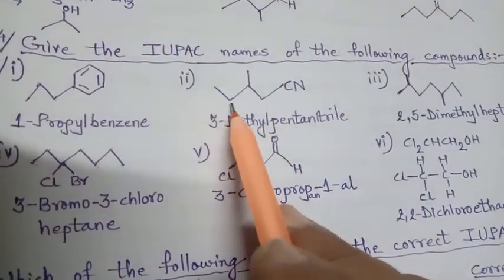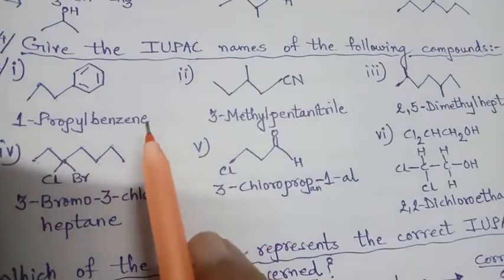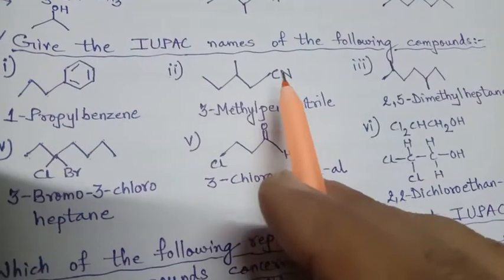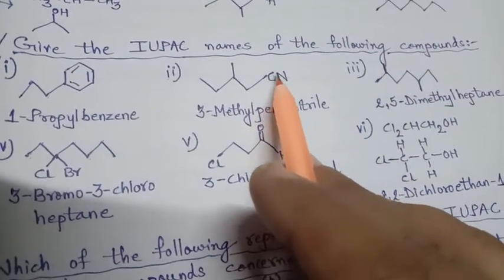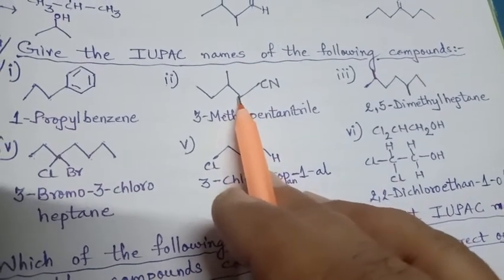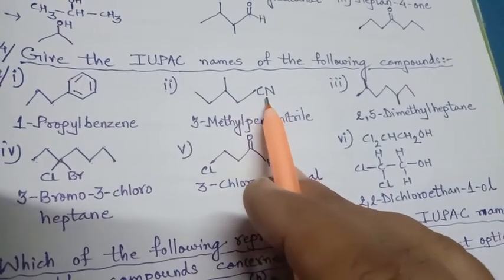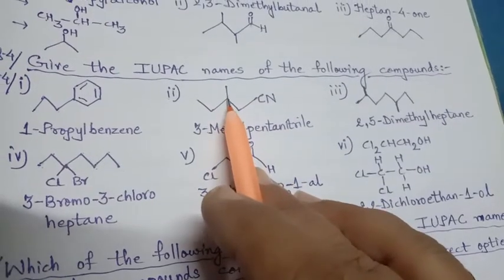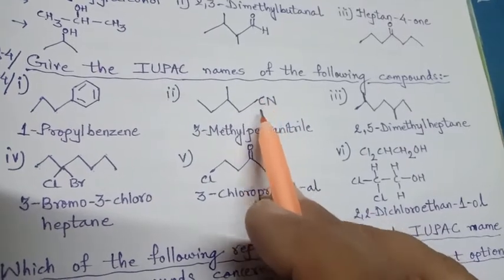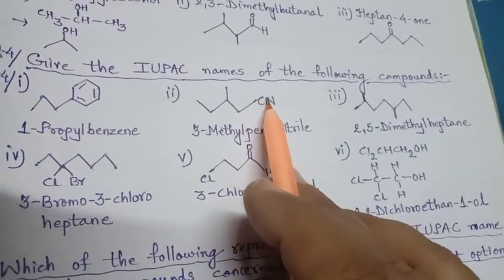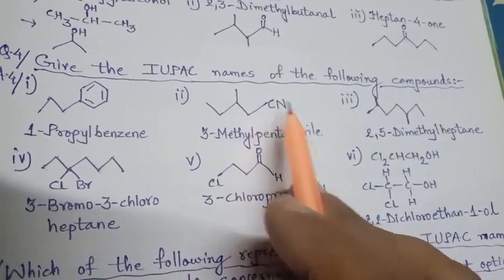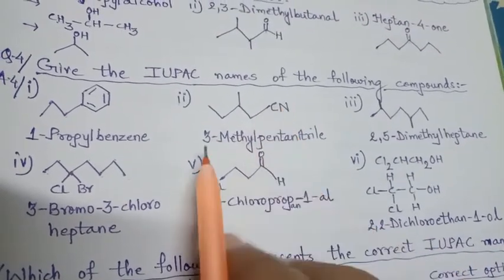See here 1, 2, 3, 4 and 5. So the parent chain is 5. Now here it is CN. So CN, C is to be considered as one of the parent chain members. But when CN is present and one attachment is methyl, then CN will be considered as the main group because it is having carbon, right? And so cyano name is not given and the suffix nitrile is to be given. Please take care of this thing, right?